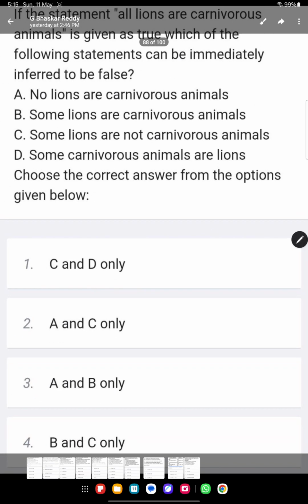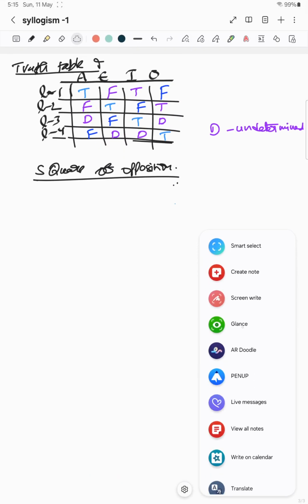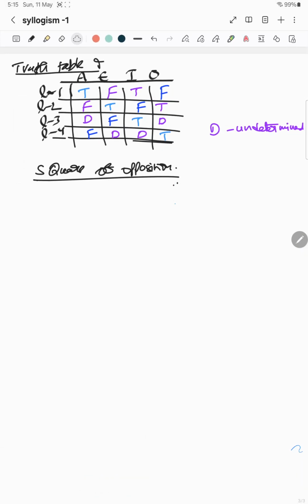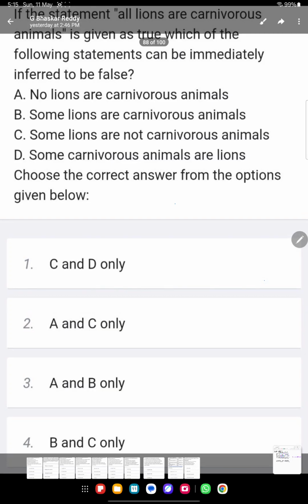Yes. So now let us see the truth table here. How was the truth table looking there? So you keep reminding me this. So how the truth table is looking, AEIO, so T F F F T. So you don't need to see that. But now we will try it once again. So when the problems